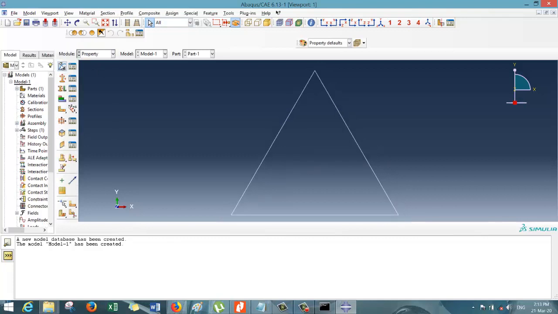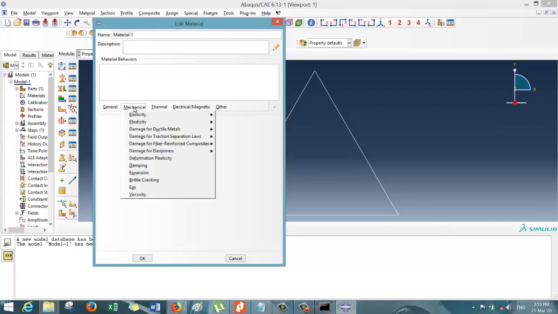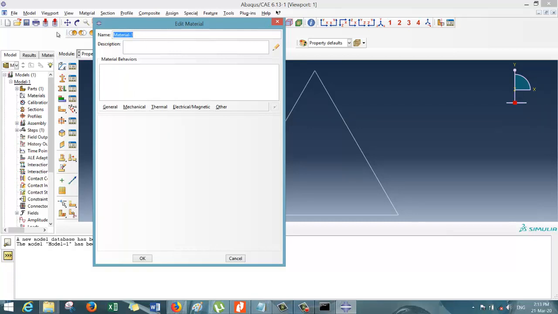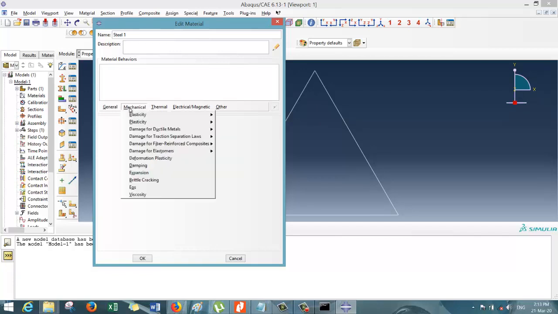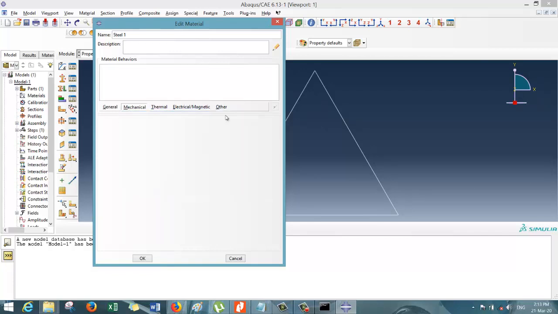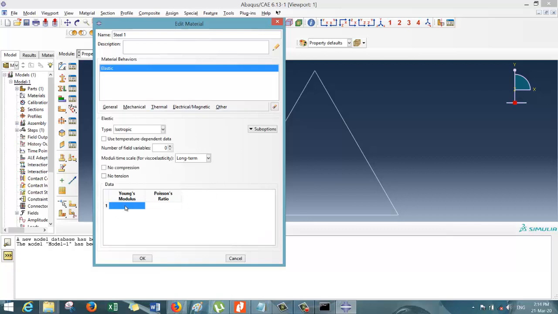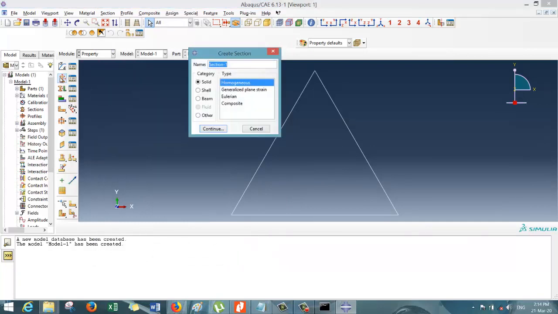Now click on the property, create material. The name be steel. Add the mechanical property, elasticity, elastic. Now you can add the Young's modulus as 2.1, E11, and Poisson's ratio as 0.3. So now the material is defined. Now we have to create the cross section. Let the name be truss section.